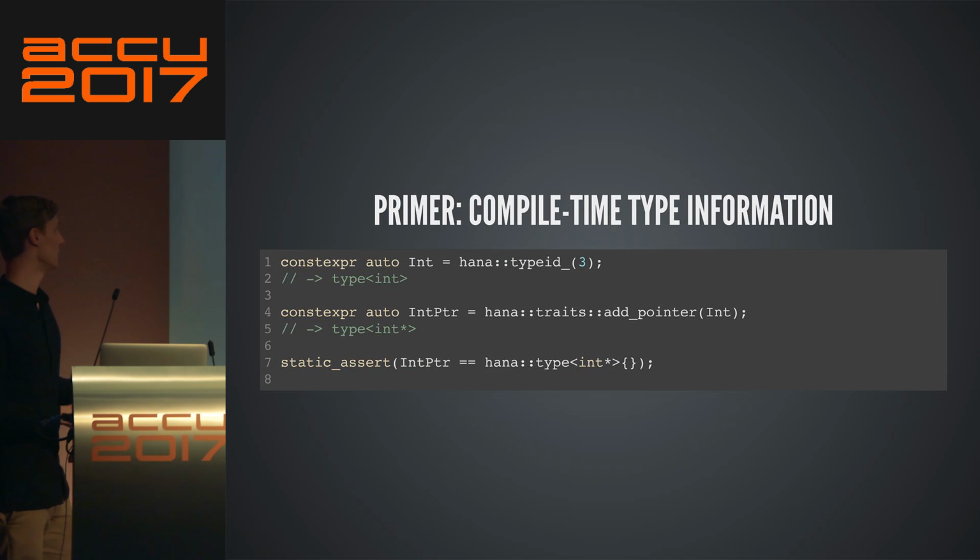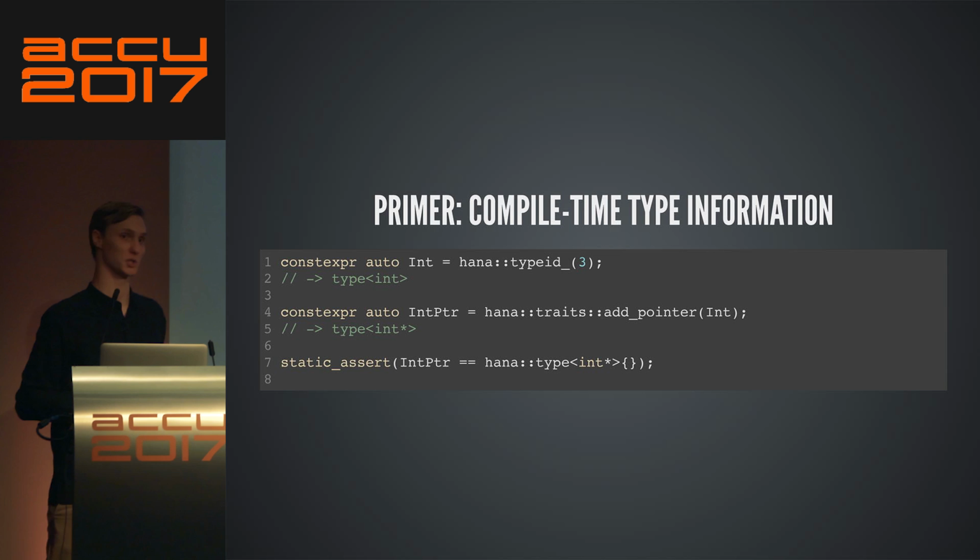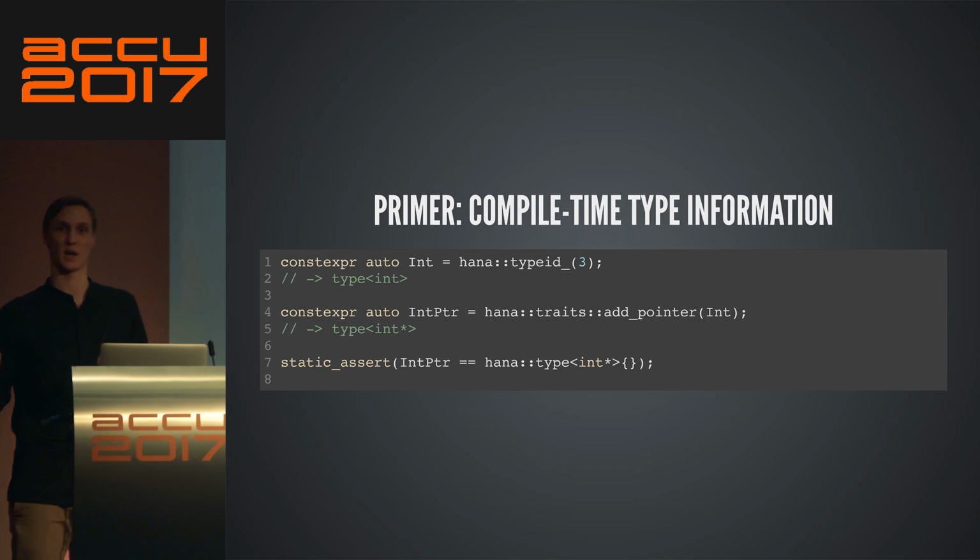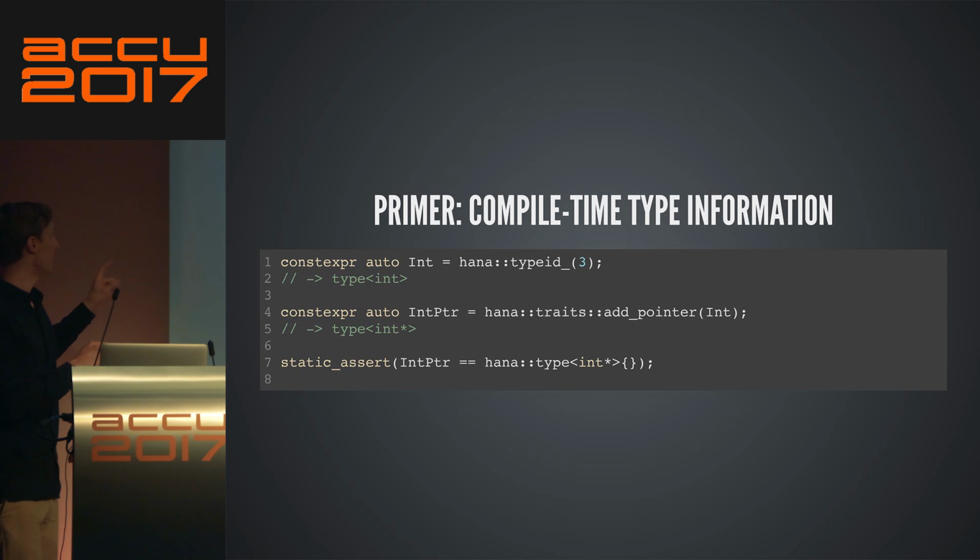But before we do that, we need to introduce compile time type information, which is this type of thing that I glanced over earlier. So the idea is, given an object, you can say hana::type_id, and it behaves a little bit like typeid, hence the name, except it is a compile time thing.